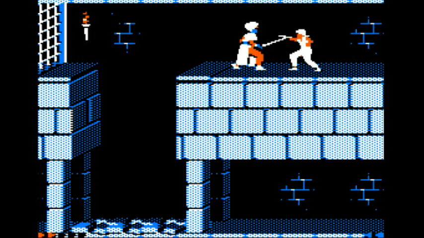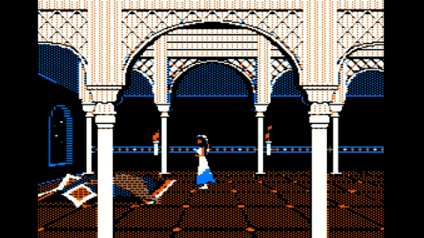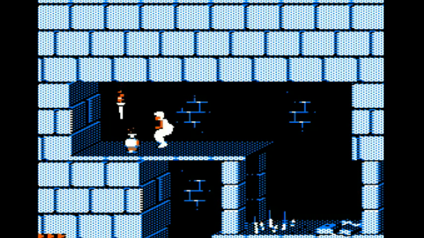The sound does a decent job for only having one channel to play with. You get footfalls, the sound of gates opening and closing, and the ominous snip of the biting gates, although some of the music is a bit on the shrill side. Something else I'm glad was altered for the PC version is the way that after drinking a potion or defeating a guard, you'll have to watch the prince standing there contemplating the situation while the music plays until you get